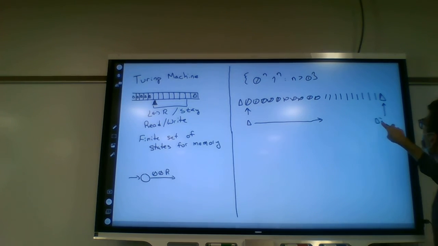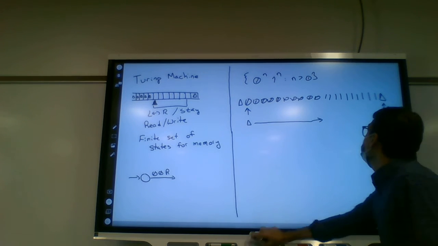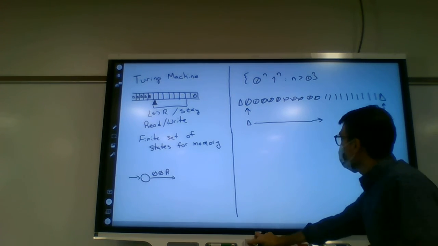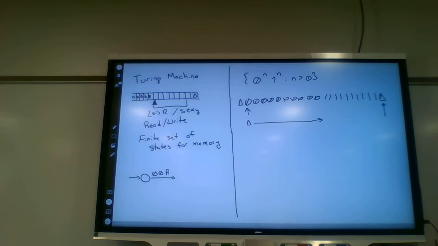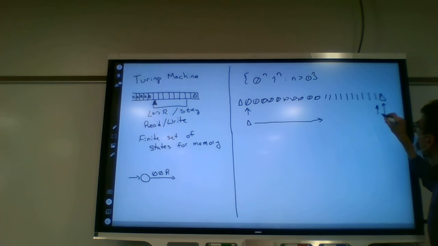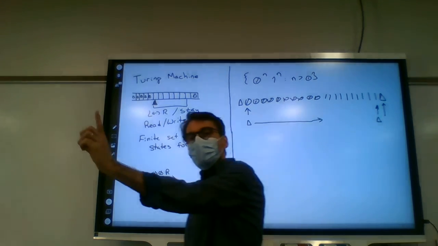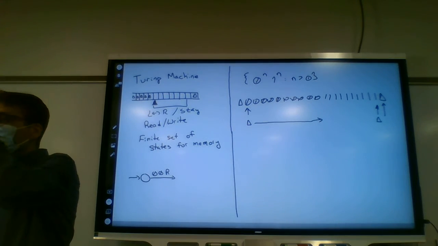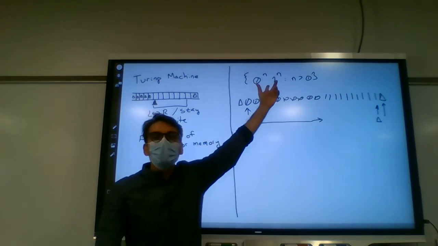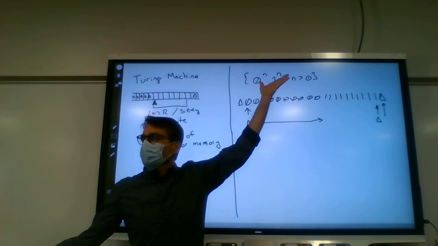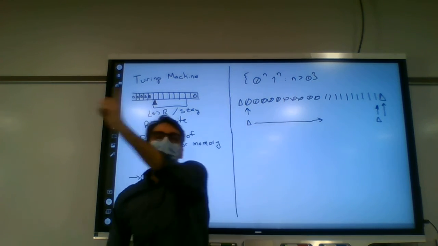So what happens if we go until we get to that symbol. And then do what? Move back one. Then move back one, check to see if it's a 1. If it is, replace it. Yep. Does that make sense? So we start at the 0 at the beginning, check to see, is it a 0? If it's not, what can we do? We just stop right then, right? It's not in the language.